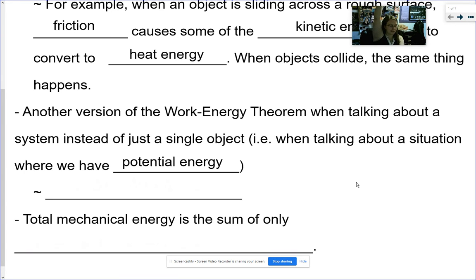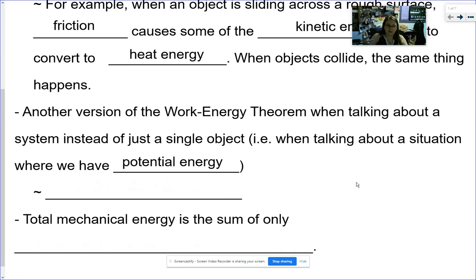If I have a ball dropping, it's going to have potential energy because gravity has the potential to increase its kinetic energy. But if I have a car driving, we don't necessarily have potential energy in that case if I'm just focusing on the car,